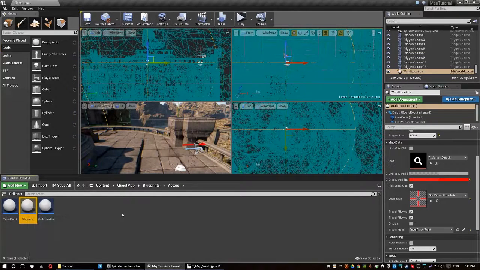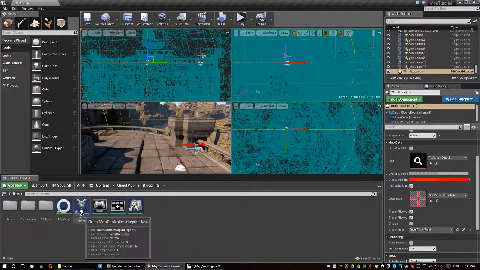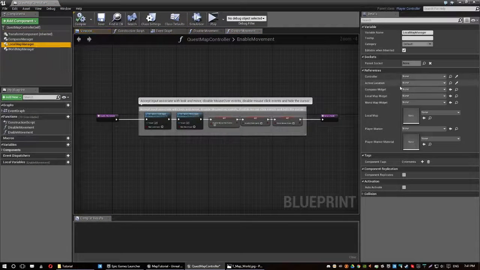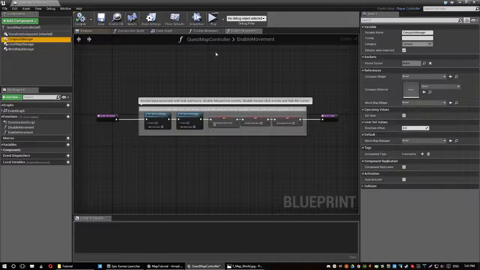Your waypoint you don't need to worry about, that's an automatic actor that's used by the waypoint system. Now beyond this, all you really need to do is your options here. So local map manager doesn't have any options you want to set. You just want to leave all of them, they're all automatically set by the blueprint. And then your compass manager,